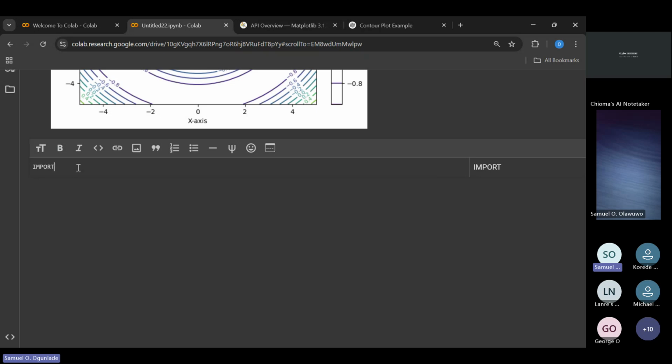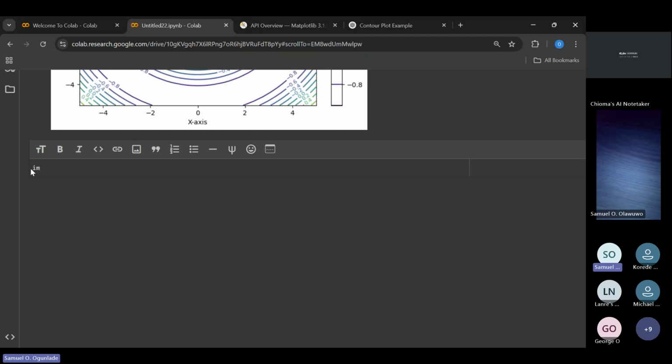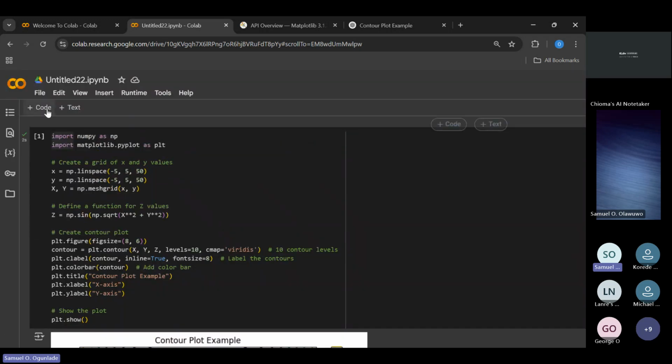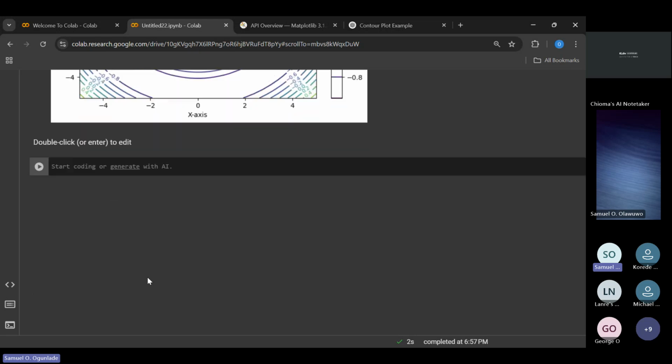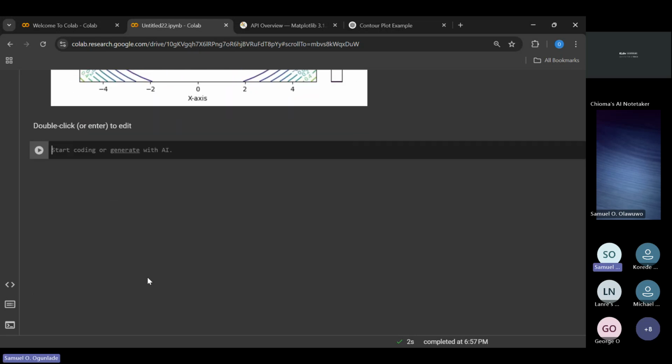Now, I want to import my Matplotlib. For some of us, you are seeing that I started with a capital letter. Python does not recognize it. I intentionally do this. So for those of you that want to do this, please switch off your caps lock and let us import our Matplotlib. I just picked a code line. Now, when I use capital letters, it will not show up. So just come up with import. We have it now. Import